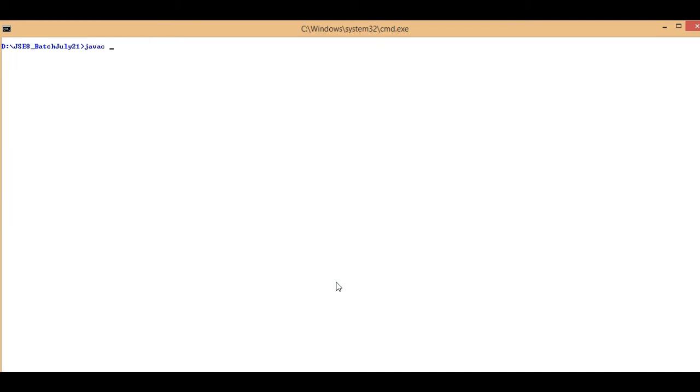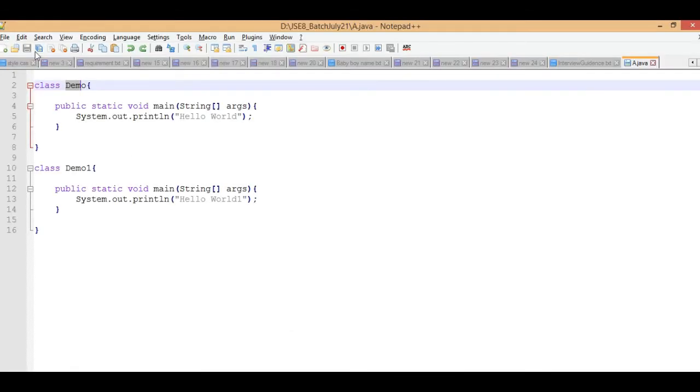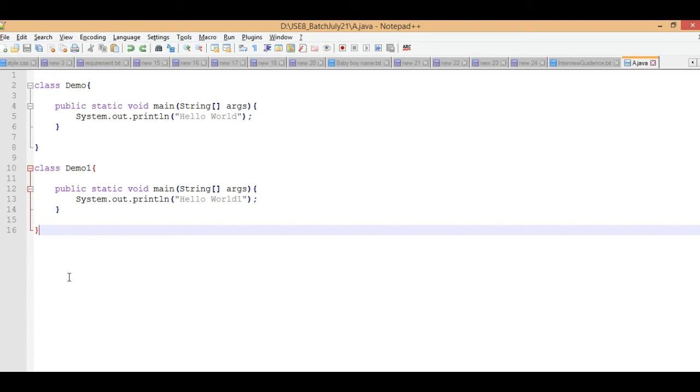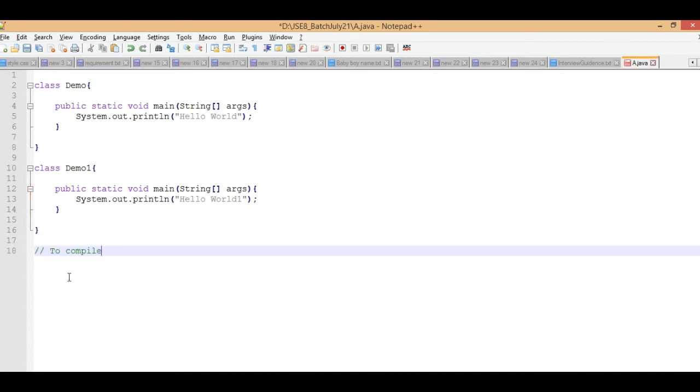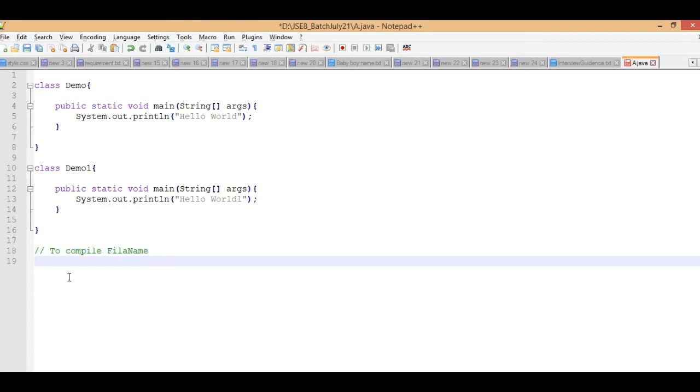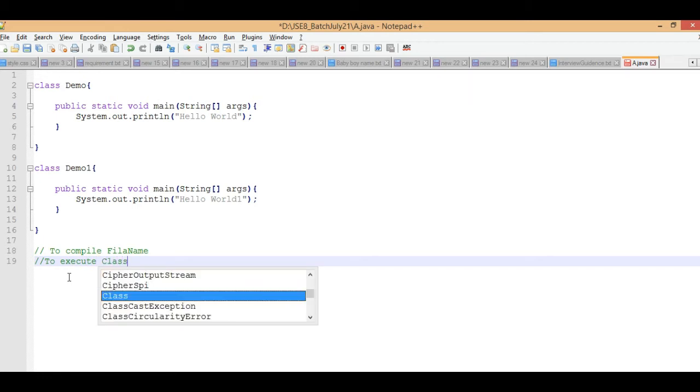First of all, understand this: to compile, you have to use the file name, and to execute you have to use the class name.